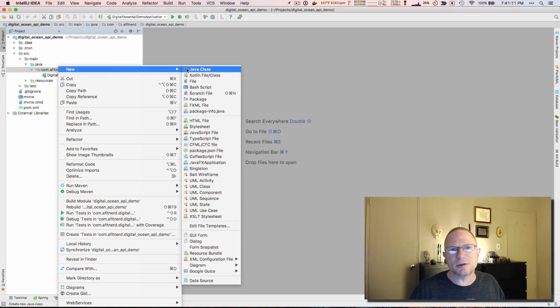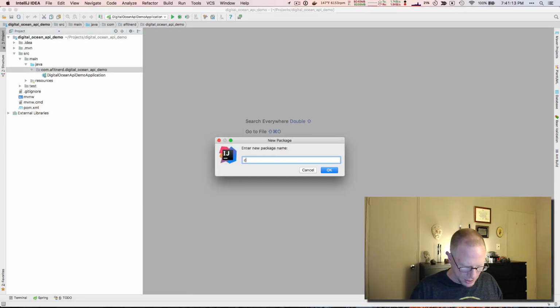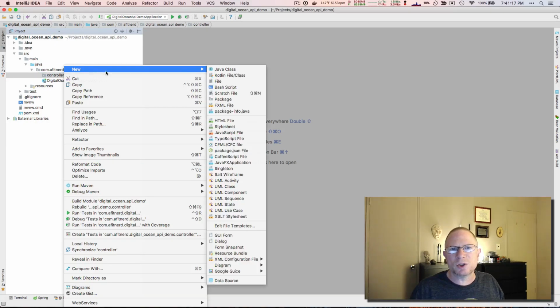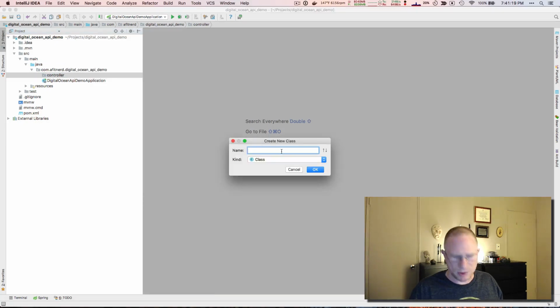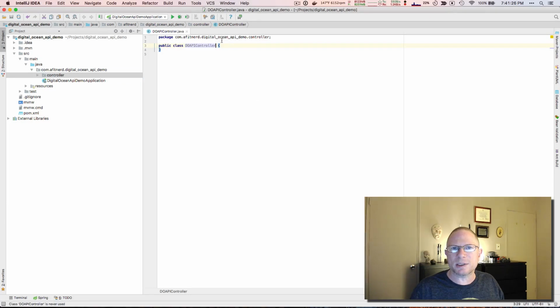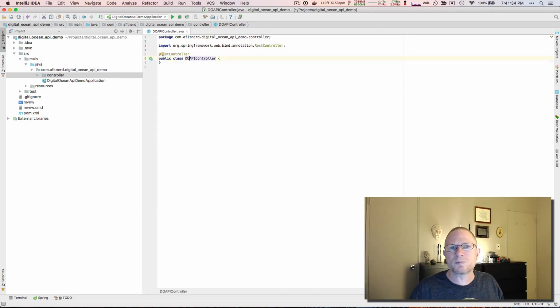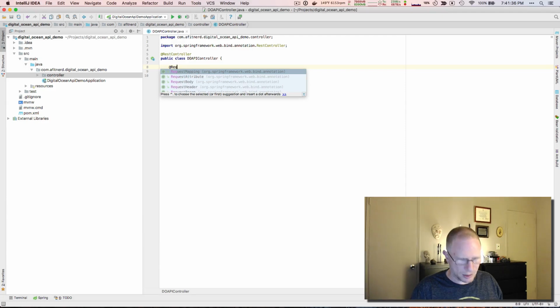First thing we're going to do is create a new package called controller, and we're going to make our first controller. Super easy with Spring Boot. We'll call it DO API controller. DO is commonly referred to for DigitalOcean in the community. So we're going to make this a REST controller, and